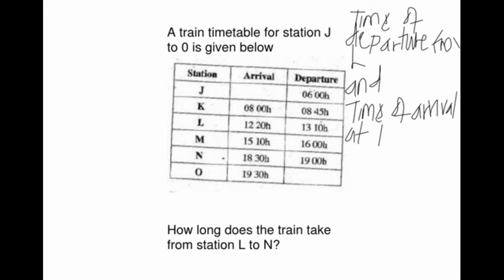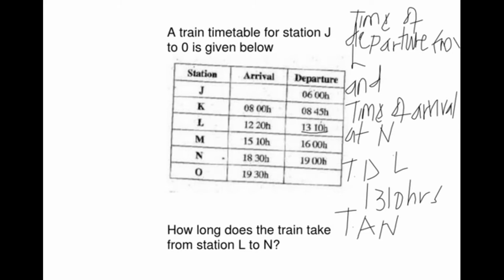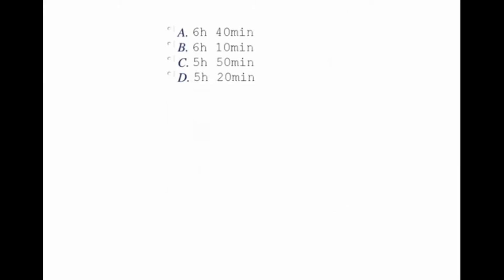at station N. So time of departure at L was, we have 10 hours. Then time of arrival at N is 18:30 hours. Is 18:30 hours. So time taken